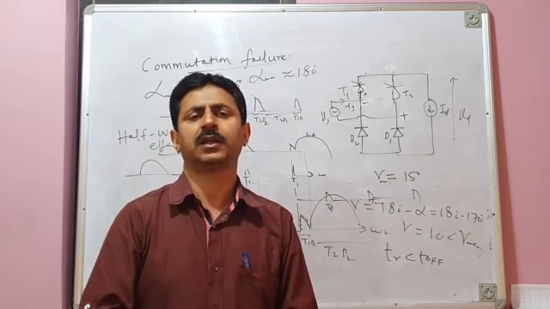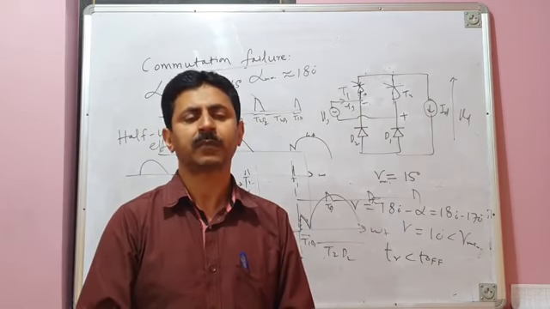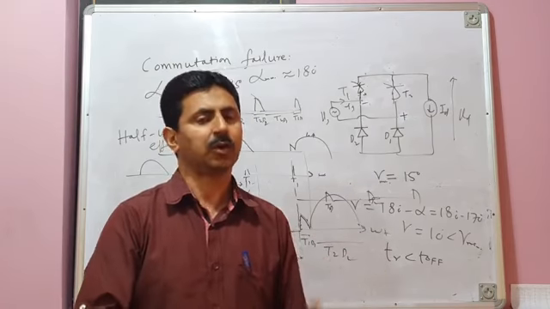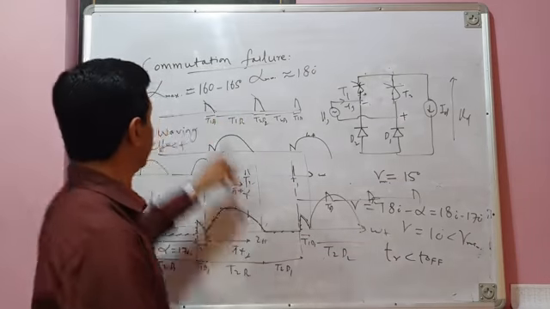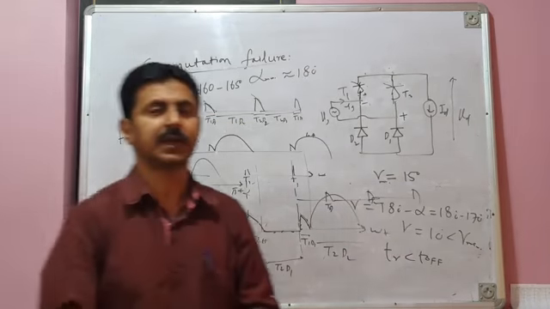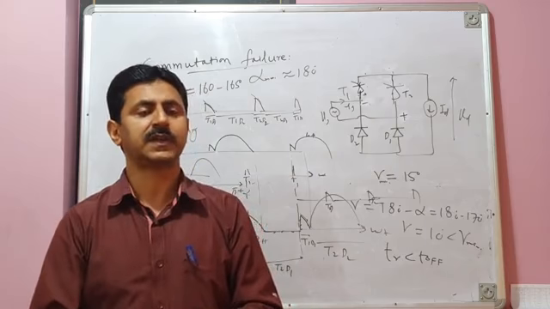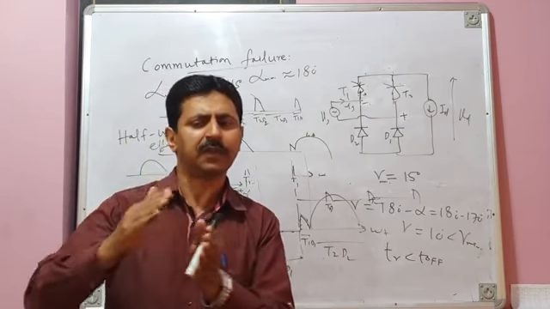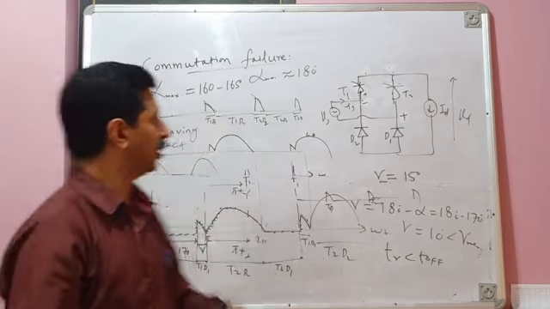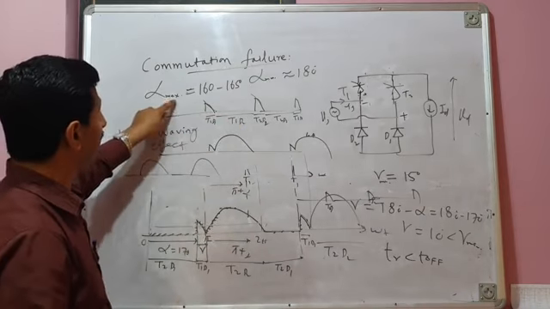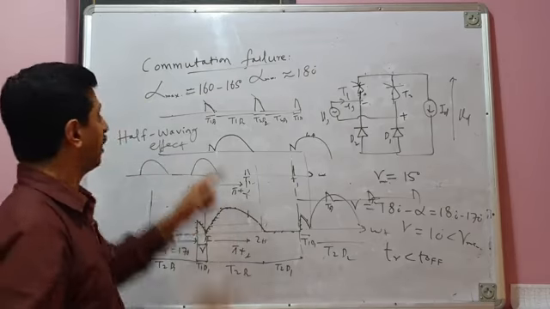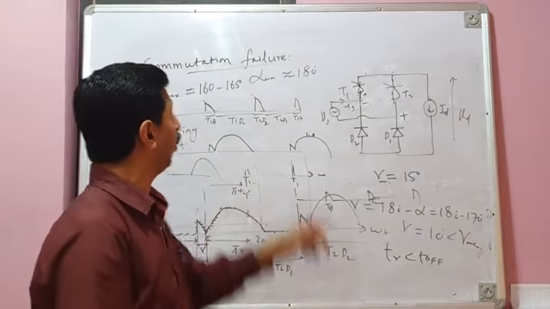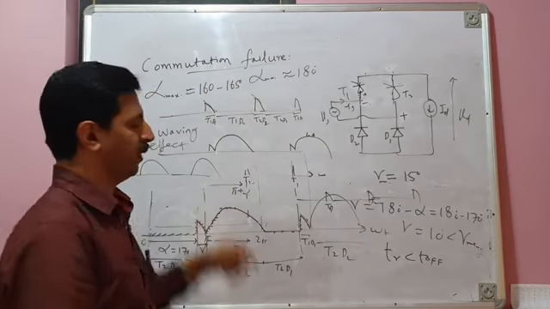A similar effect will occur in a fully controlled converter. I have explained it for the semi converter. For the full converter also, this commutation failure will occur if your alpha max is greater than 165 degrees. So whenever you design your control logic circuit, and if you want very very small average output voltage, you have to increase alpha. But when you increase alpha, the maximum delay angle should not be greater than 165 degrees, to avoid commutation failure and half waving effect.